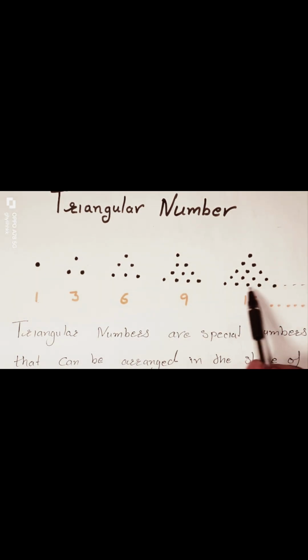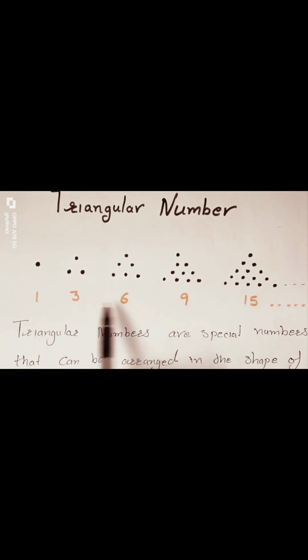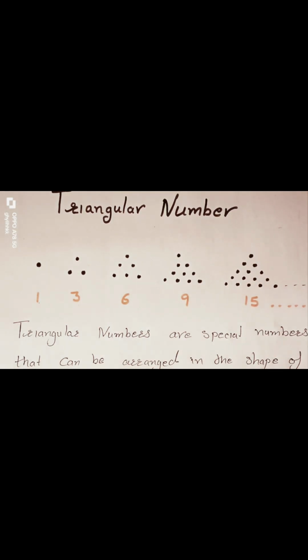And in the next number we have 15 dots. This is also a triangular shape. So the numbers which make the triangular shapes are 1, 3, 6, 10, 15. Note that these continuous numbers can form triangular shapes. The numbers like 1, 3, 6, 10, 15 and continuously the next number 21 and other numbers, we can continue this sequence by noticing its pattern.